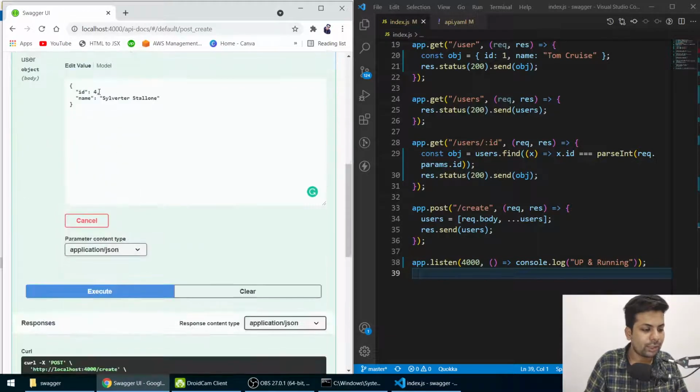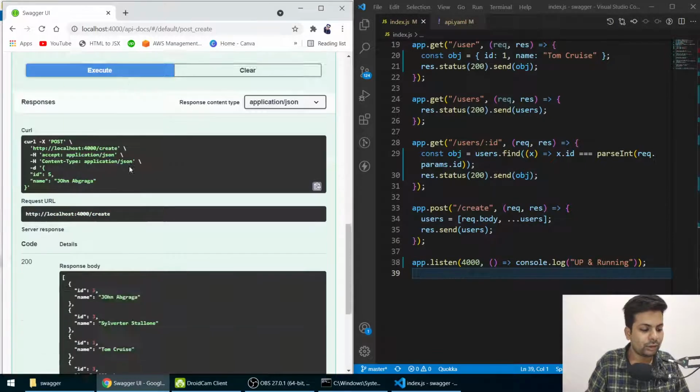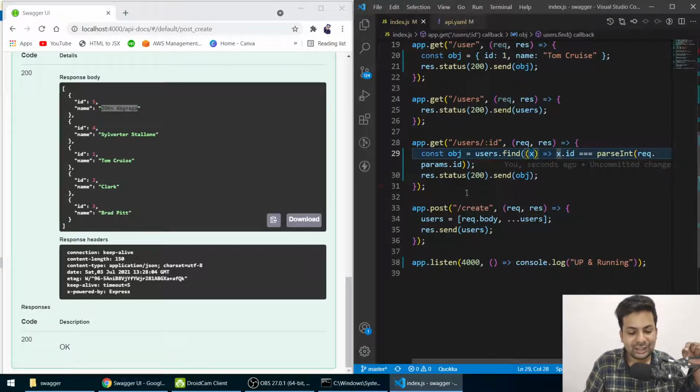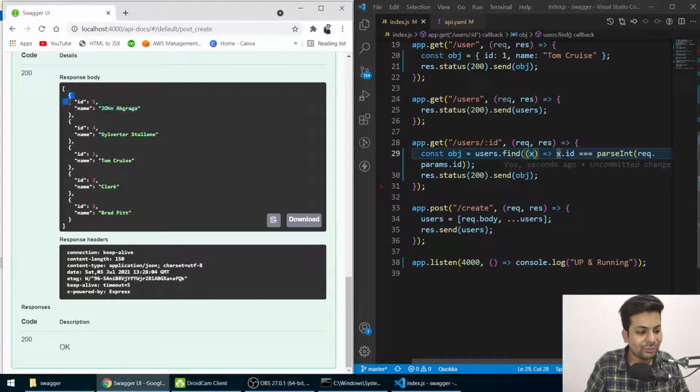Now if I make id 5 and make it John Abraham, whatever. If I execute, in return I'll get John Abraham. When I do some changes here and nodemon reloads, this extra 4 and 5 will be gone, you know that. So don't get confused about where 4 and 5 we previously added.